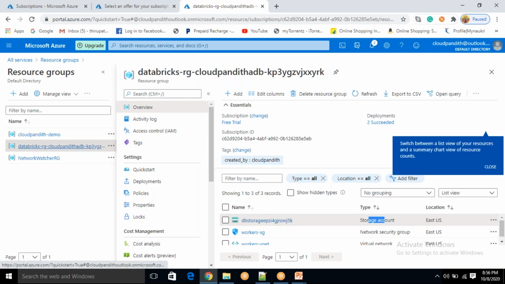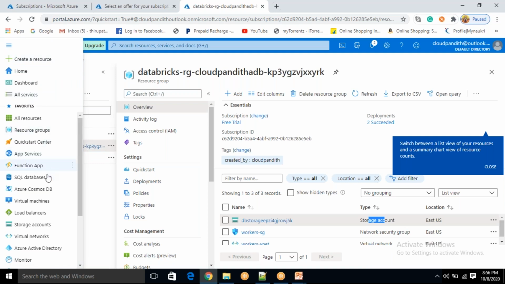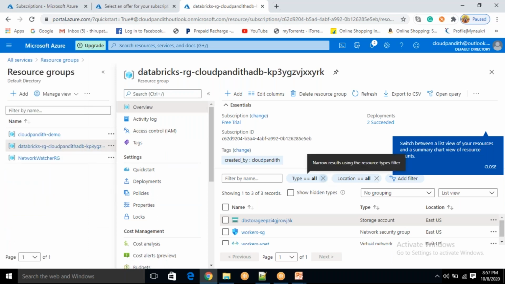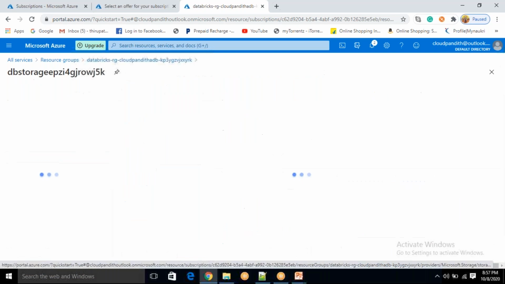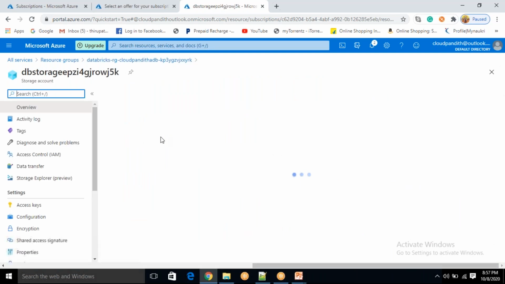Now, once you open the Databricks workspace, if you create a cluster, and in the cluster you have mentioned one driver node, two worker nodes, total 3 machines. Those 3 virtual machines you are able to see from here. If you click on these options, it will show you all the virtual machines. Now, as we discussed, it has created a storage account. If you click on the storage account, we'll see what is inside.